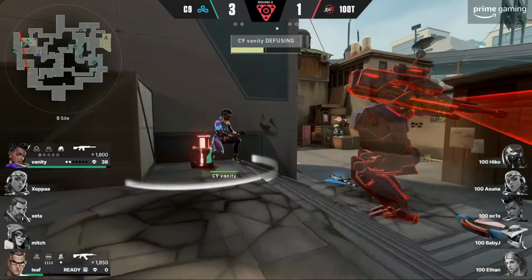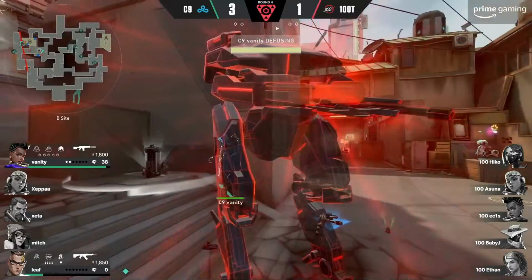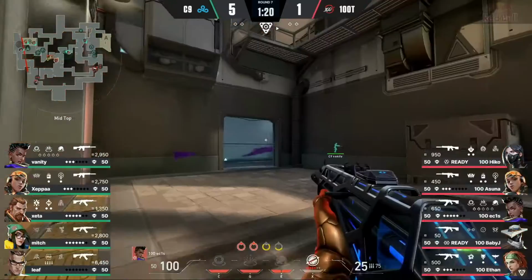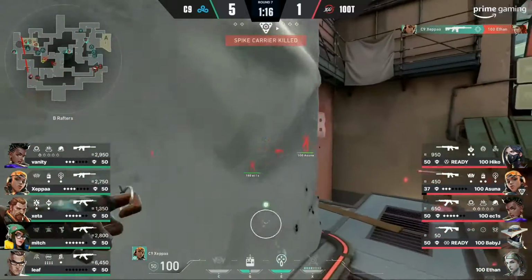I feel it was who ulted first. As soon as he got his kill, Asuna flew into sight with those blast packs, and he actually had not activated yet. Everybody crunches back as it stays very quiet for 100 Thieves, really respecting their opponents,